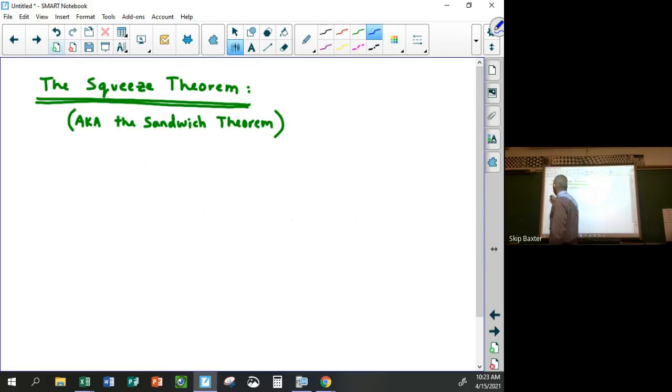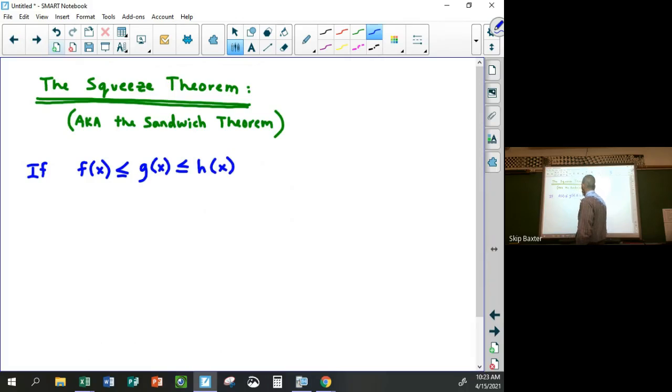If f of x is less than or equal to g of x, which is less than or equal to h of x, so you have these 3 functions. One of them is always on the bottom, one of them is always on the top, and the third one is always in the middle. That's what this is saying, right? If this is true, then